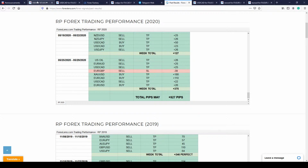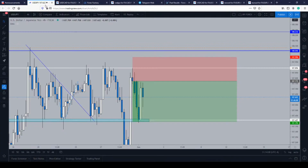So into the analysis, I wanted to talk about the majors this week, because on Friday we talked a lot about the USD and where it's going, and most likely we're going to see some more troubles with the dollar. As you've probably heard in the news, there are mass riots in every major city, and when businesses are getting looted and set on fire in major cities in your country during a pandemic and during a trade war, it's usually not good for your currency. And so that's probably going to weigh on the dollar a bit. Pretty sure the public is waiting for Trump to address the nation, but